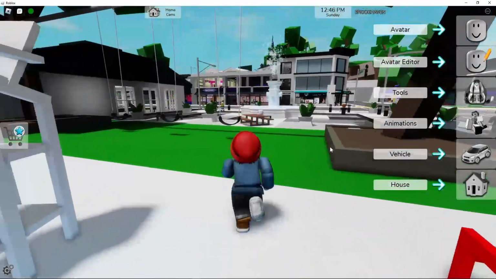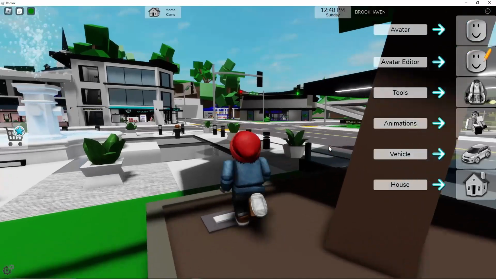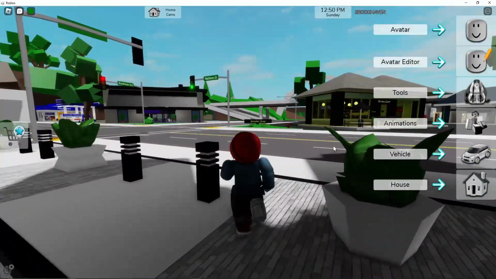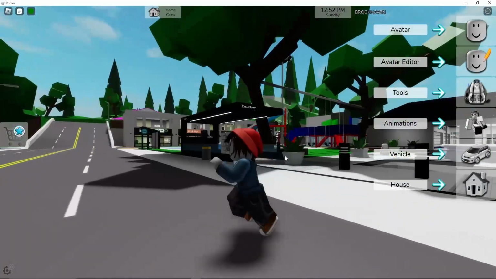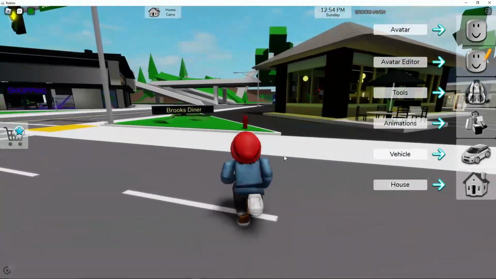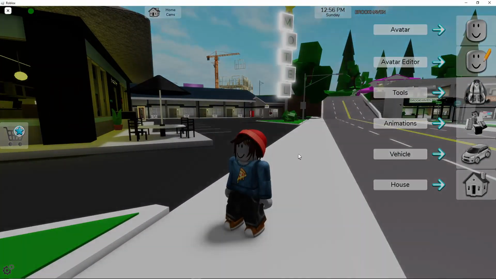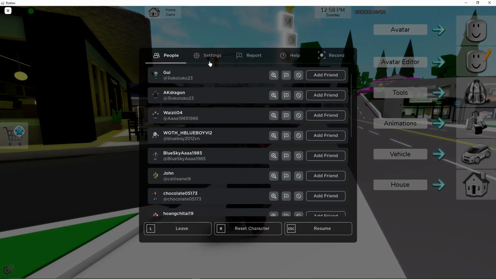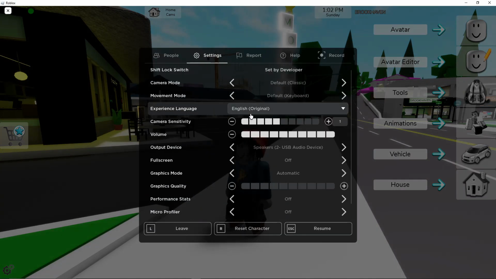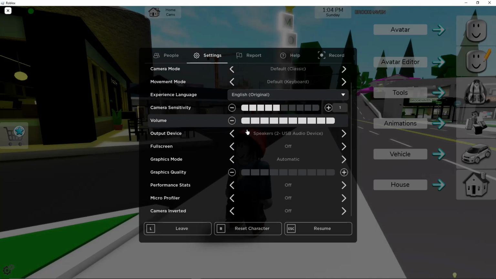Okay? Now, basically, the first thing you want to do is, of course, log into Roblox, join any server, and make sure you're in the same situation as I'm in right now, walking around. Now the next thing you want to do is click on the escape button to access settings. Once you have access to settings right here, hover your mouse on this section, of course, settings. Okay? Now the first thing I want you to do is hover your mouse or scroll a little bit down